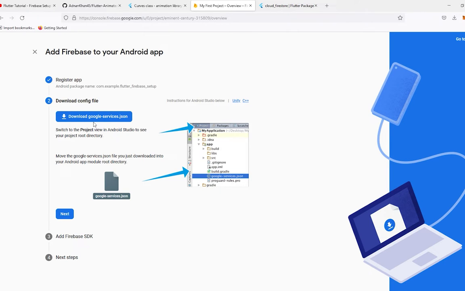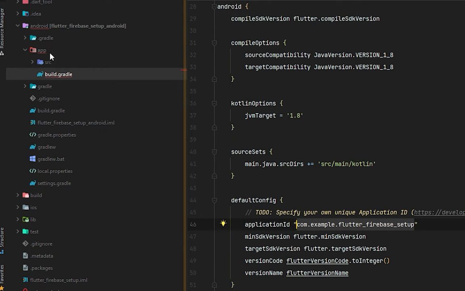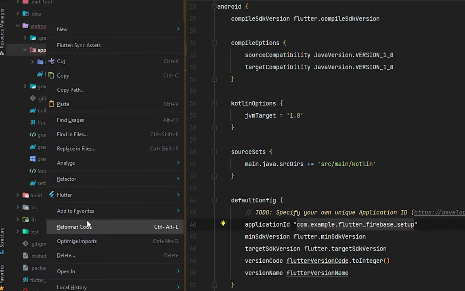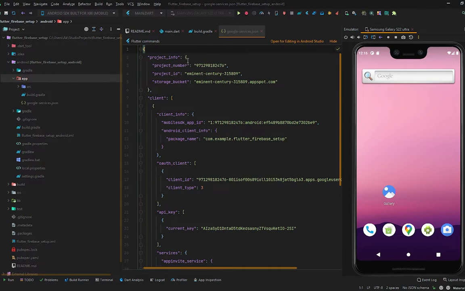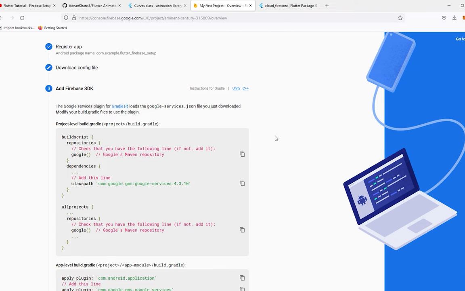And then it says download this google-services.json. So download this file, open its folder. This file contains all the data to connect Firebase with your Flutter application. So cut this file, go to your Android Studio and paste it in the Flutter app. You can see it has the project info, project number, project ID and many other pieces of information about your Flutter Firebase project. After this is done, again go to your browser, press this next button,